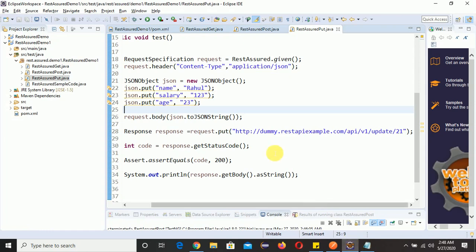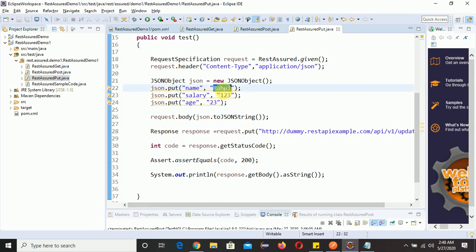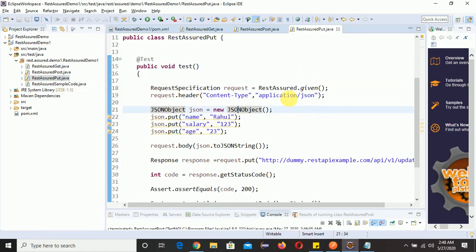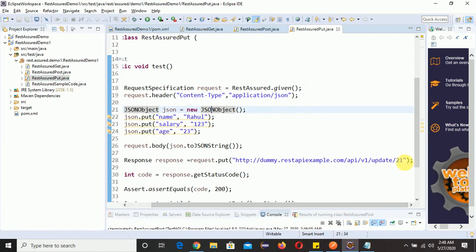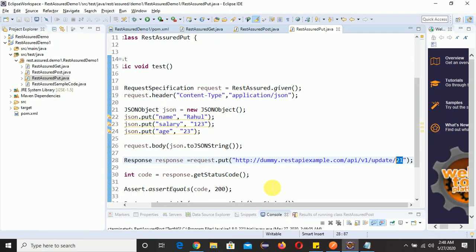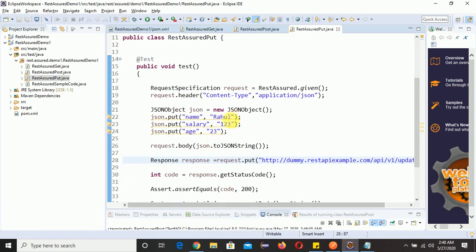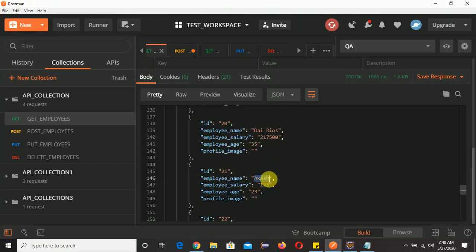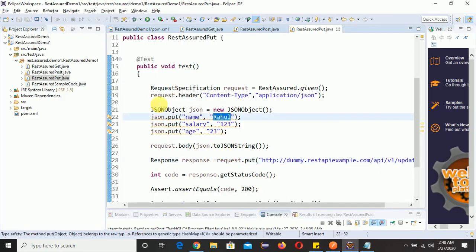We are fetching the record. Now instead of Akash I want to change to Rahul, right? So what this request will do, so I am changing, you can see the ID here, ID is 21, and if you fetch the record through get request, here you can see the ID 21, employee name is Akash, and I want to change it to Rahul.